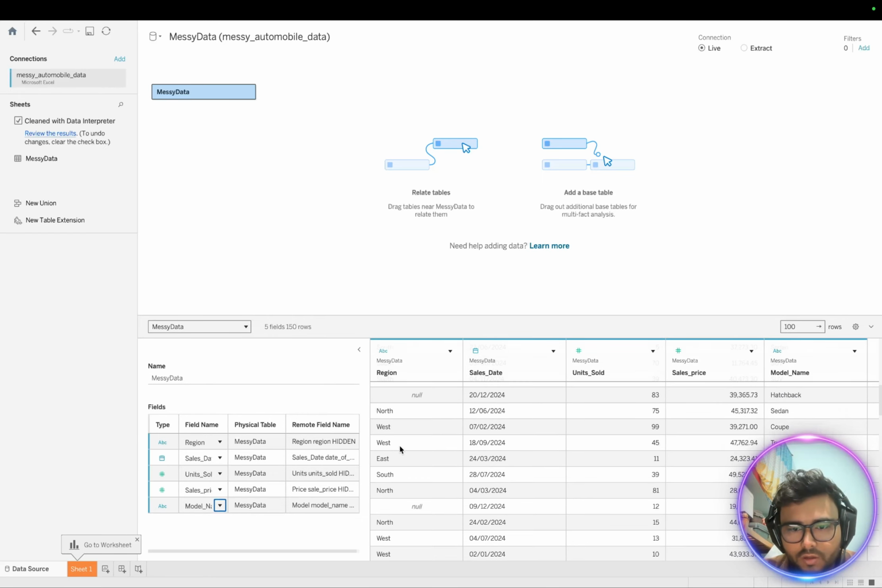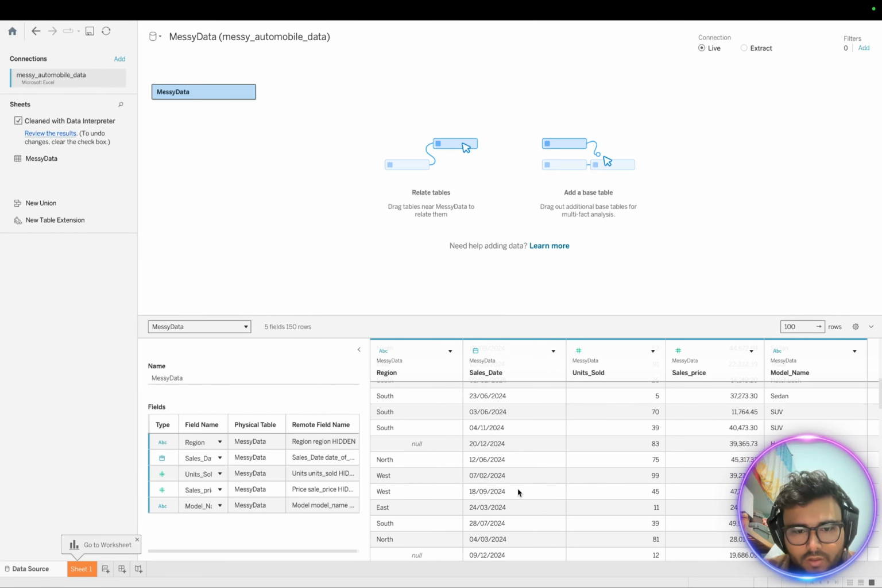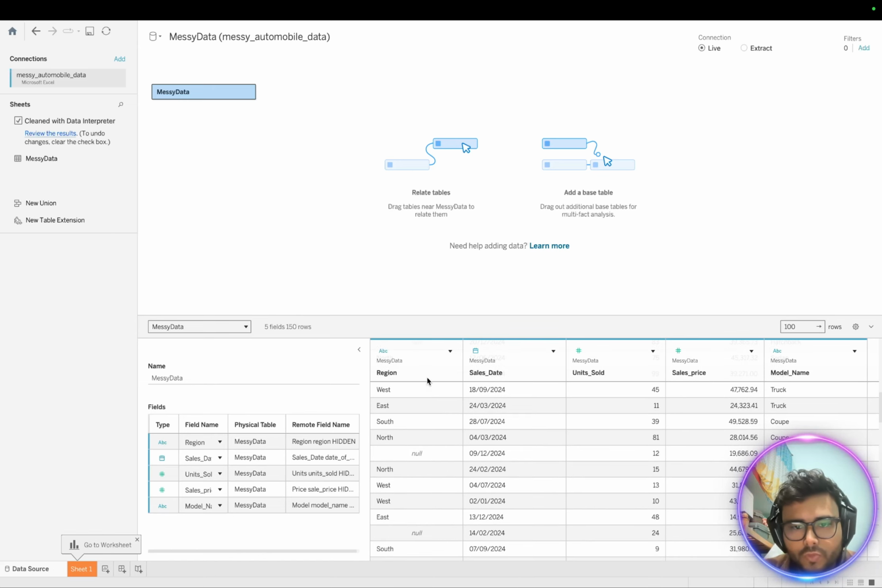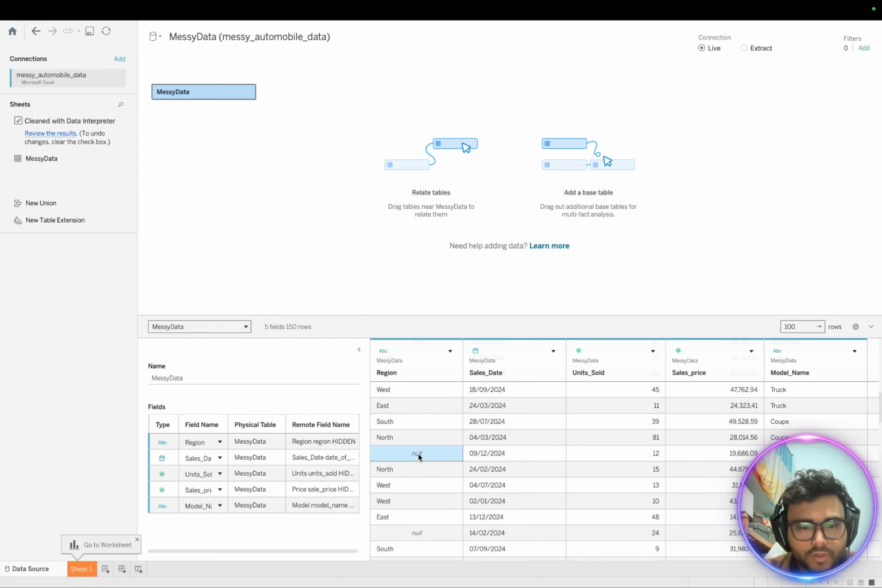Now the second thing, as you can see over here, I can see a null value over here and a null value also over here. If you click on this drop down, there is no option of removing the null values. So what can we do? This is fine. I will go to the data source once again,